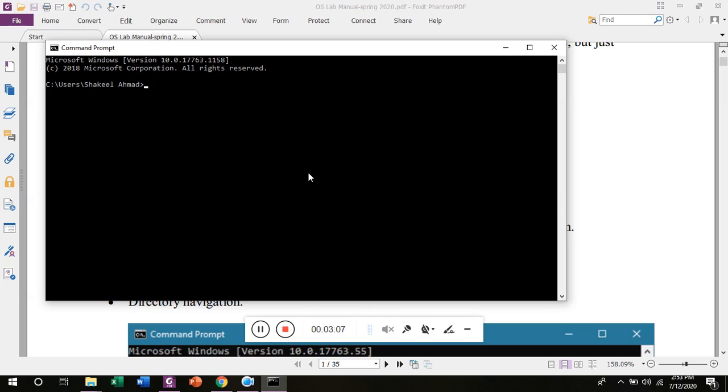In this case, our file system is stored on local disk C. From here, I'm going to users, then my user folder Shakil Ahmed, and finally to desktop. That was not too hard, right?